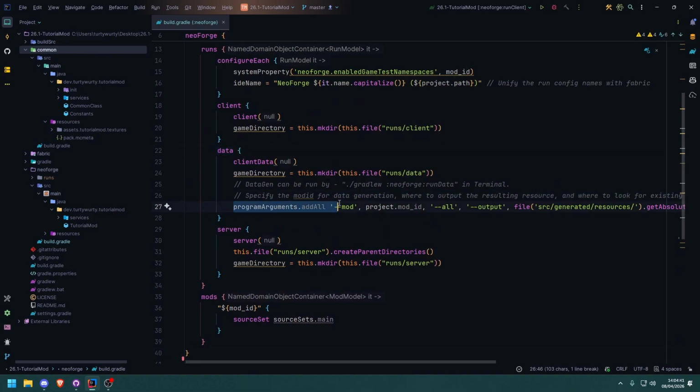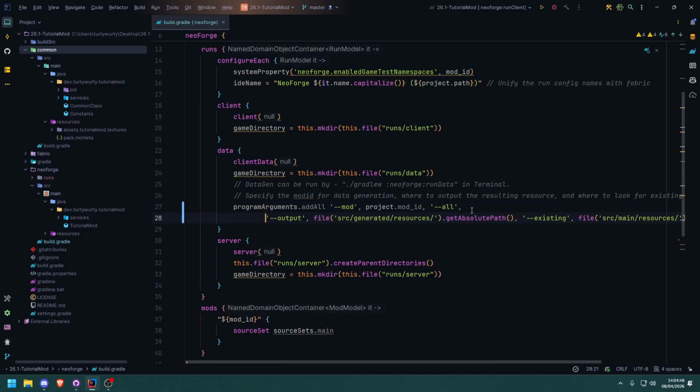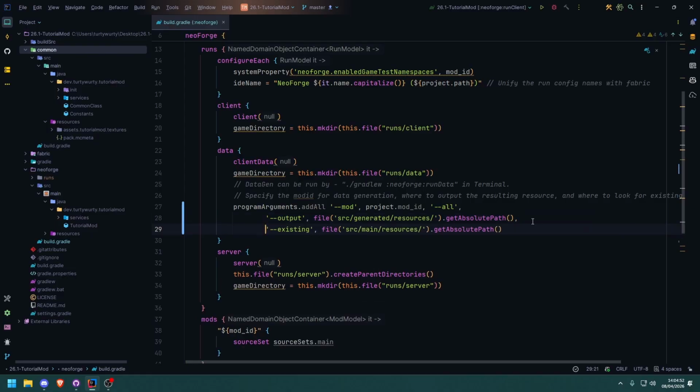We're going to find program arguments.add all, and we're first of all just going to split this line up. After this dash dash all, I'm going to put a new line, and just before the dash dash existing, we're going to put a new line as well, and then we're just going to modify this ever so slightly. So what we're going to do here is where we have the file for output,